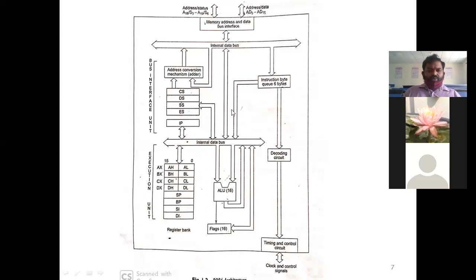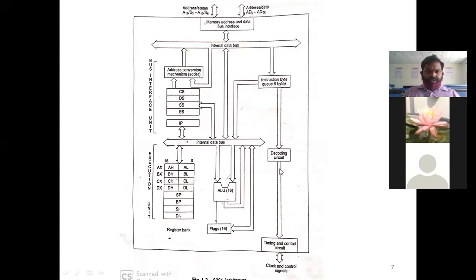Right. So these are some of the features. When it comes to the internal registers, it has four general purpose registers: AX, BX, CX, DX, and it has four segment registers. Then the 1 MB RAM, whatever we discussed in yesterday's class, the 1 MB RAM is